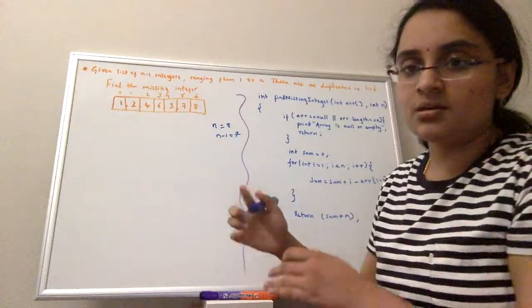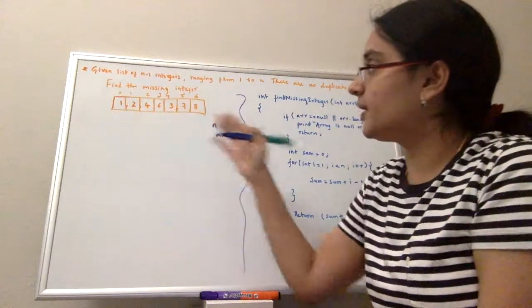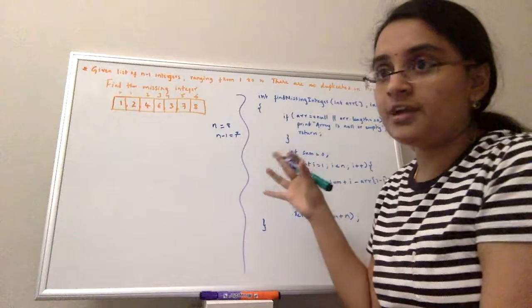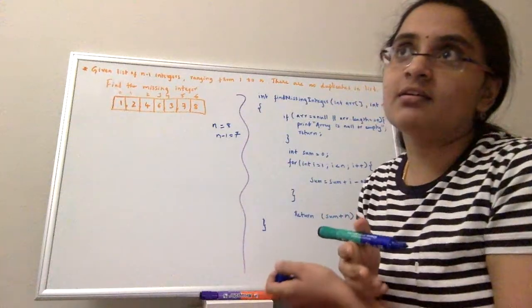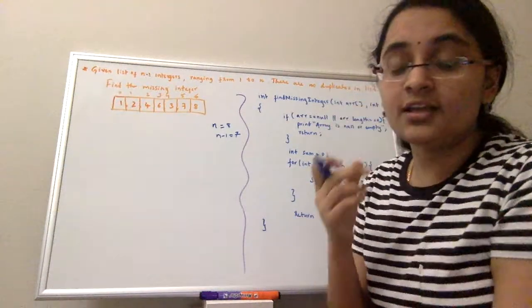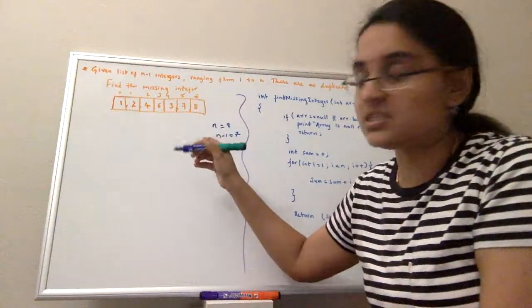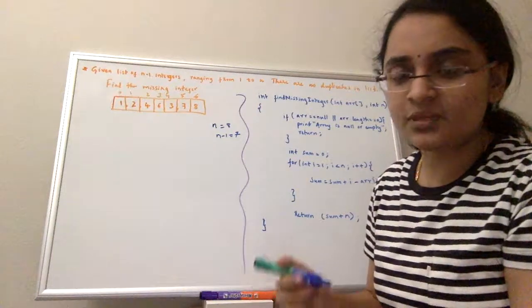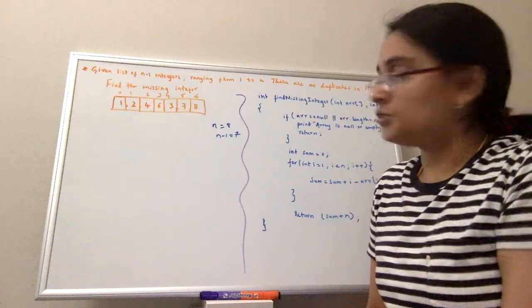So how do we actually find that 5 is missing instead of just looking at the numbers? What if the array is big enough, like if n is 1000? Then you can't keep looking at 1000 numbers and say that this number is missing. So there should be an alternative way of finding it by program, right? To start with,